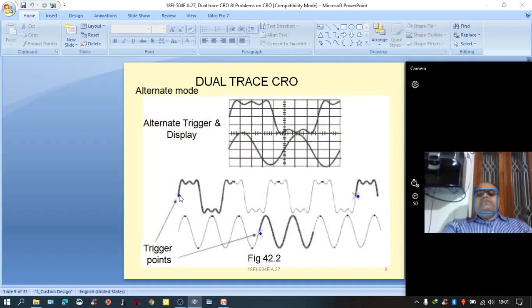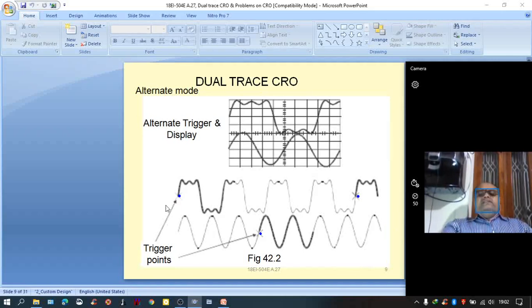Here for channel A, the trigger signal is made available from here to here. So this signal continues to appear even in the absence of the electron beam because of the persistence. And for the second channel, the sweep signal is applied at this point. So it continues to appear even in the absence of the electron beam because of the persistence of phosphor. So this is how